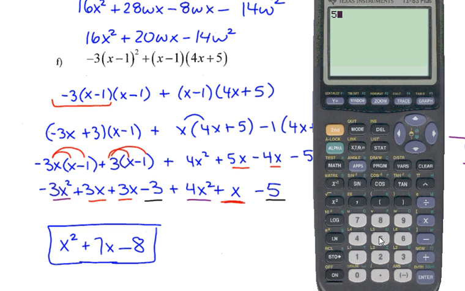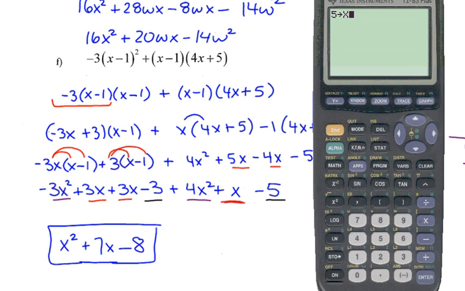Okay, so now you're going to push the store button. So you first pick a number, and the store button is STO, right above the on symbol, where I'm pointing, where the arrow is pointing. Okay, and then you're going to choose your variable x. So x is right there. It's the X T alpha n button, right below the mode button, 2 down, 2 right. And then, so 5 store